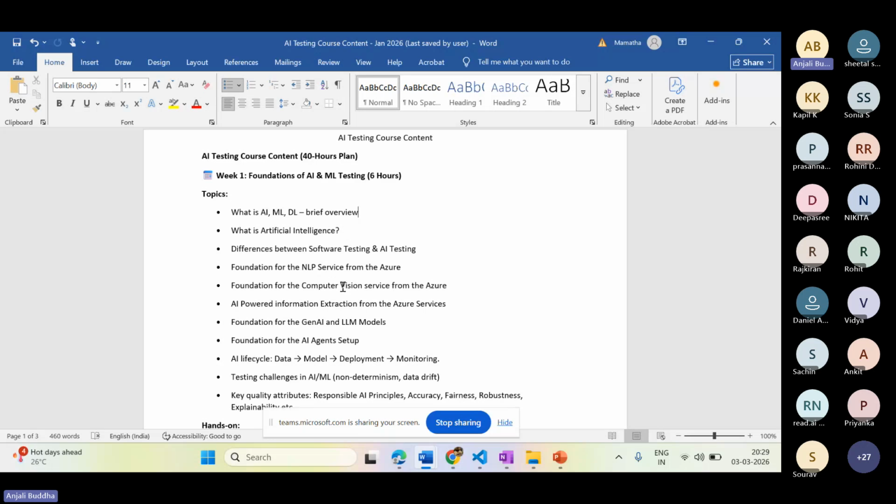There is also text translation, called OCR technology, optical character recognition: if you provide an image with text, it can convert that text image into text format. These are all already existing trained models.